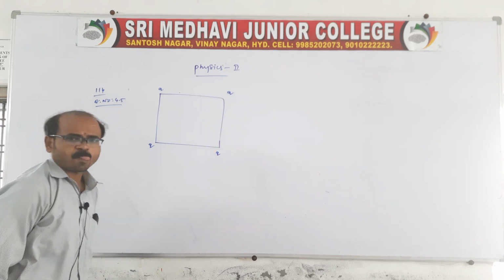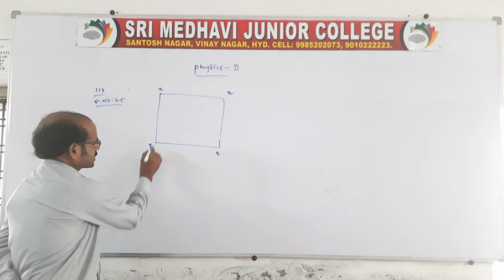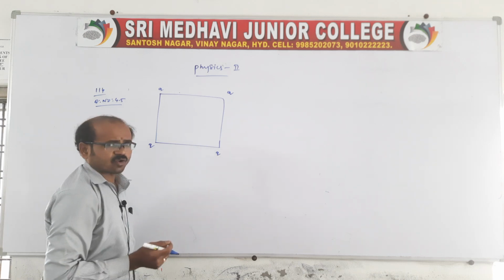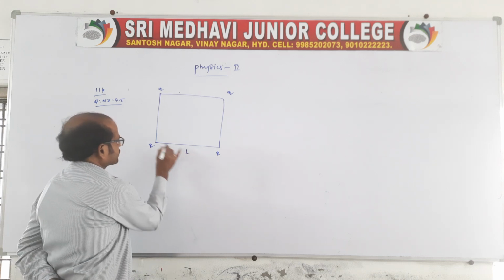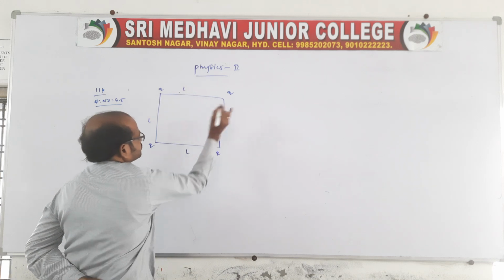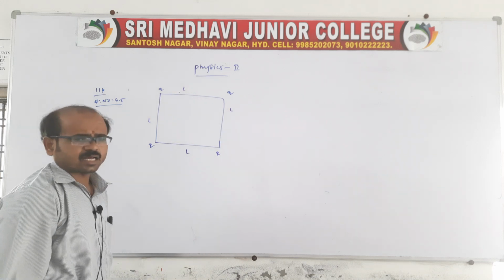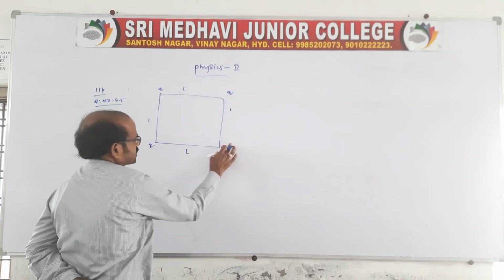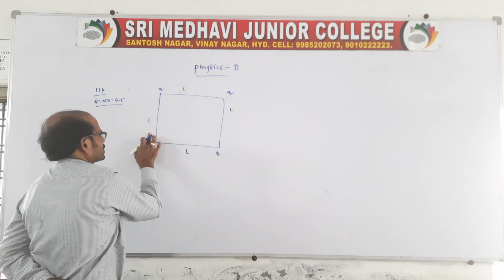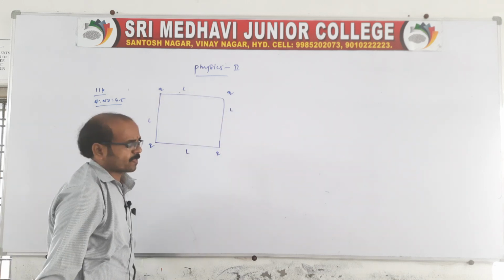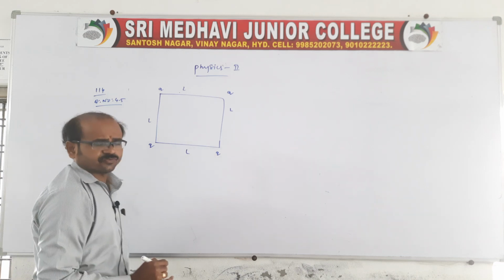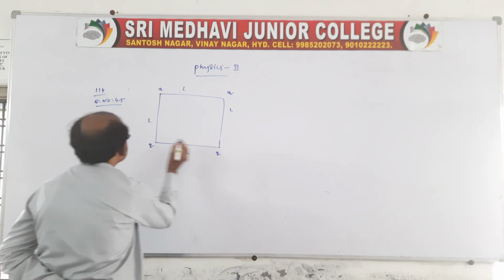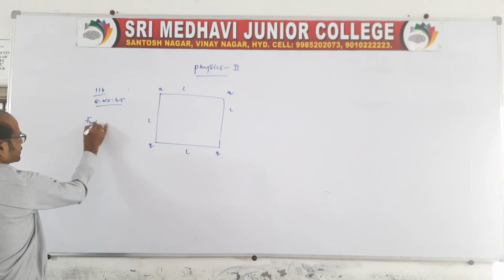is acting. So there is a force between the 2 charges. You say it is a square, and the side is, say, 1 meter, or the same side length of the square is L, or you can say R. The distance between the 2 charges is R. Like that you can take also, no problem. Therefore, find the resultant force at any one of the corners. At any one corner, the net resultant is asked.